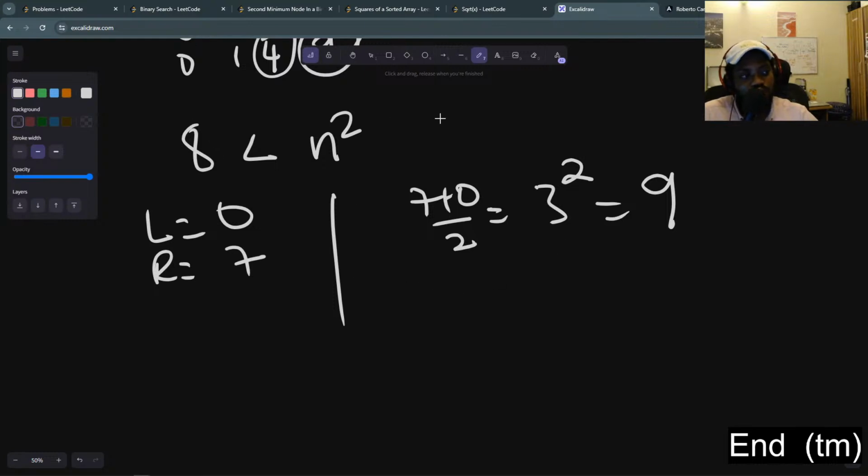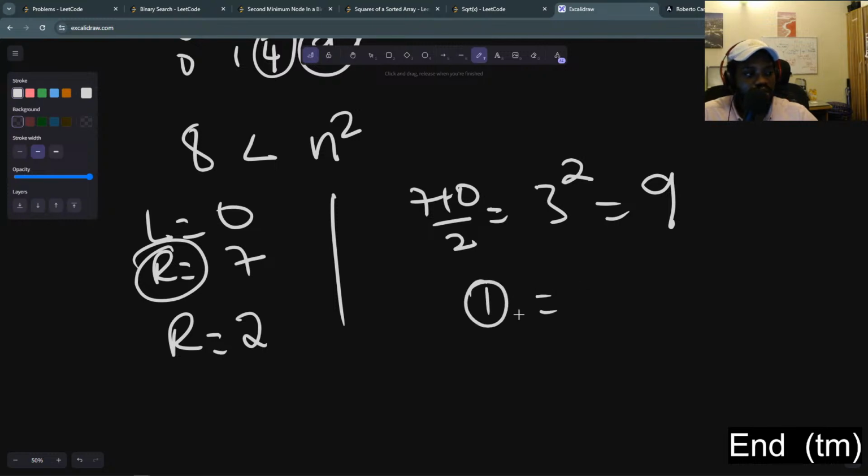So since we had a value superior to 8, we'll reduce our right pointer, right? So we'll say r is equal to m, which is the mid value, minus 1, and this is going to be equal to 2. So our r becomes 2 in this case, right? And then we'll do the same thing. So we'll say 2 divided by 2 is 1, right? This is our midpoint. 1 squared is equal to 1, and 1 squared is still less than